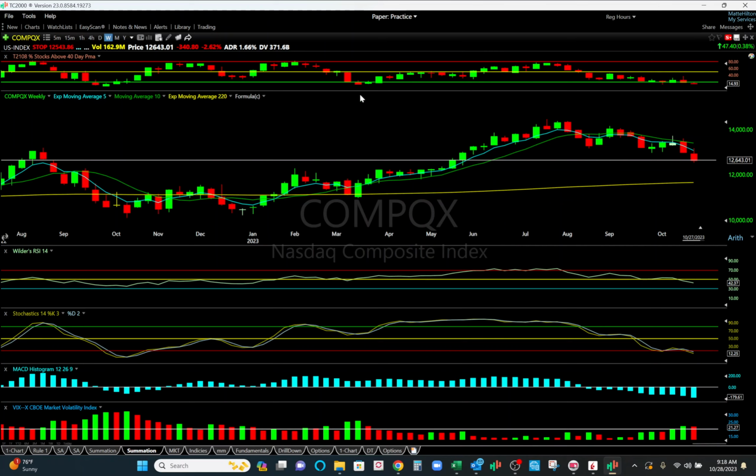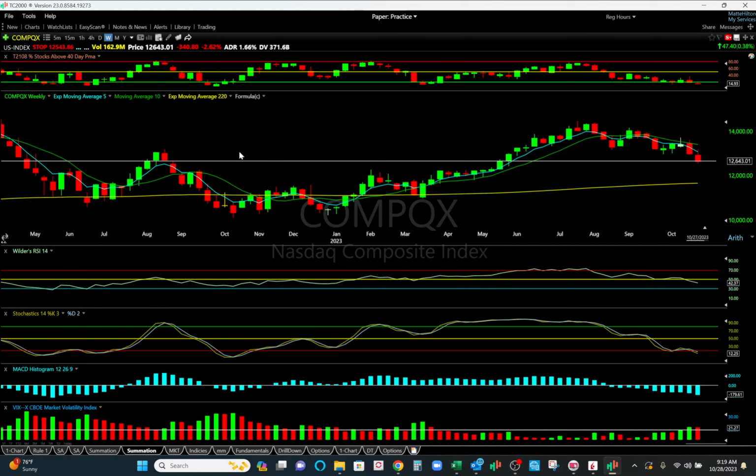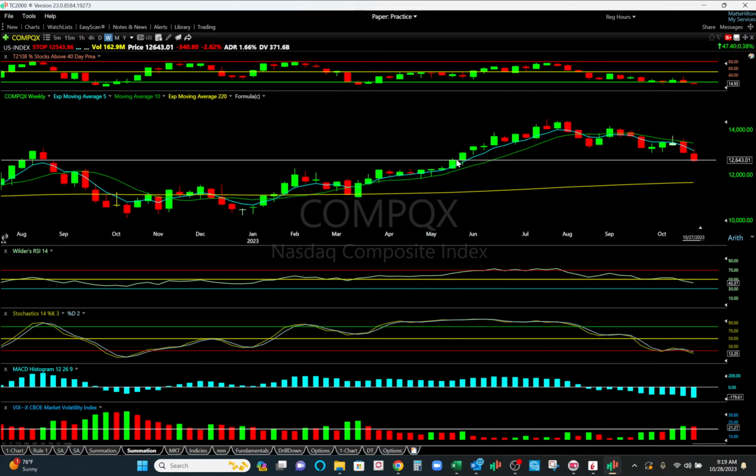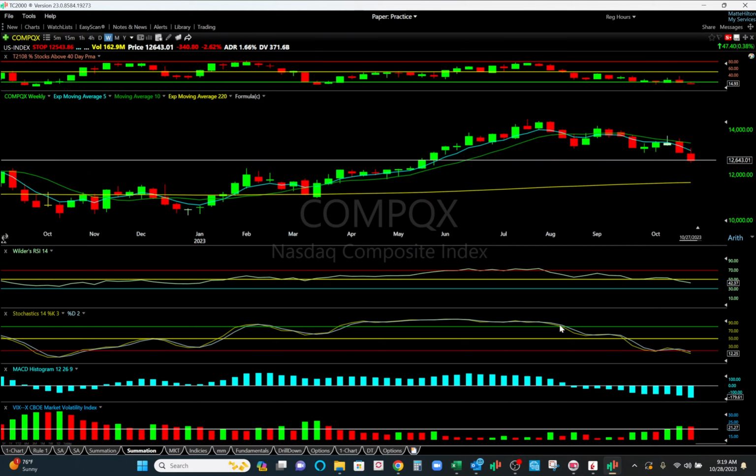This is on the weekly, and how I play that is, when it gets below 20, we'll see how far it'll fall, and then I want to see it start to move back up. That could signal a change in breadth and a potential uptrend, and a good time to buy for your 401k, things like that. Longer term positions. But we're not there yet.